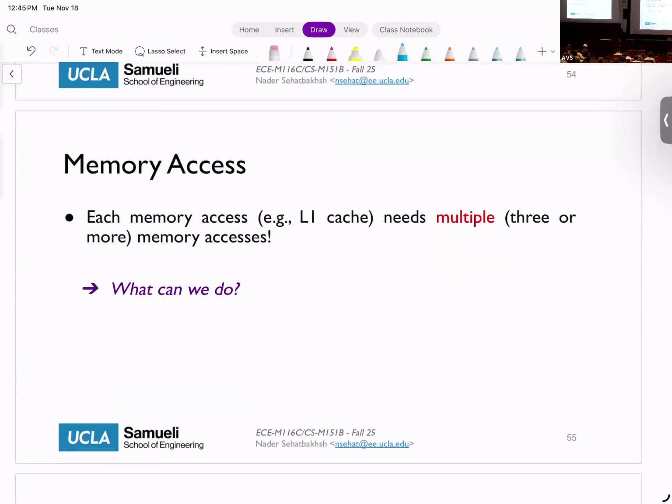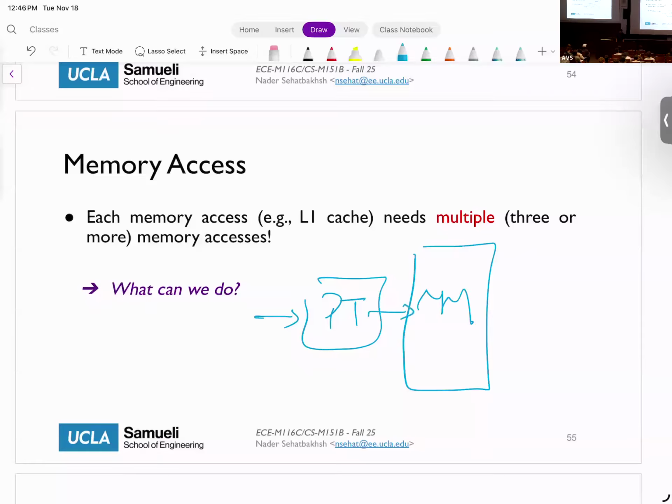Okay. So now let's go back to the first thing that I was saying. We can compact the page table as much as we want, but it's still a big problem when we introduce virtual addresses, and that is every access is now multiple accesses. If you only have one level of page table, I have two accesses, one to the page table and one to the main memory, right?